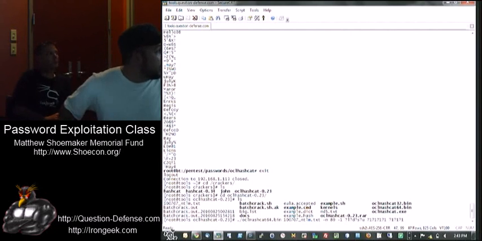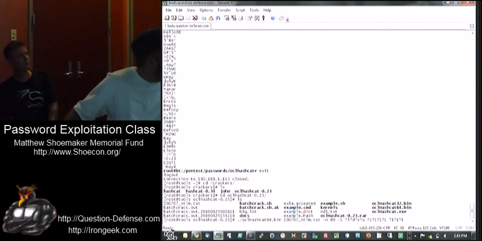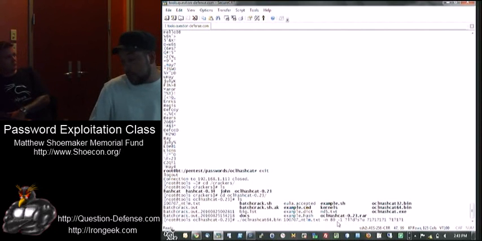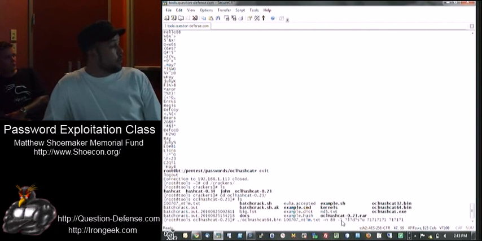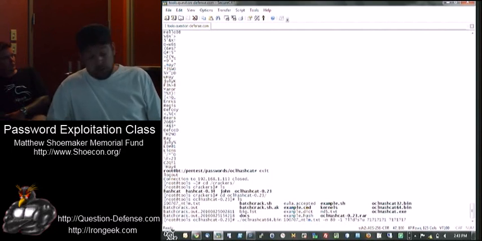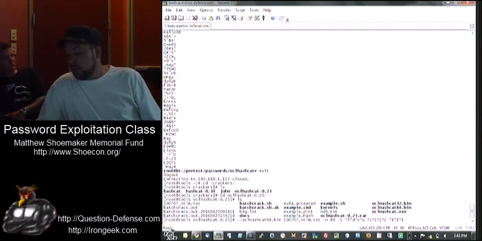So this command right here is just a basic Hashcat command where we're telling Hashcat to crack the hashes that are in that NTLM file, that text file right there. We're telling it to use 80 threads. Then we're setting a group of char sets with that -1. And the group of char sets is lowercase, digits, special characters, and uppercase. And then we're telling it to try to brute force 7 characters.